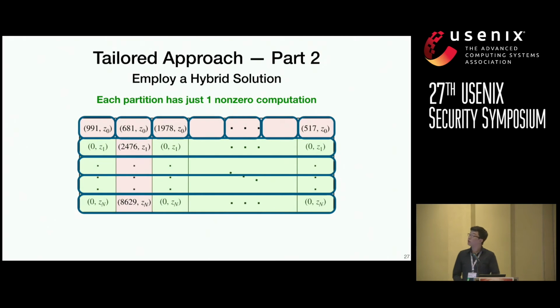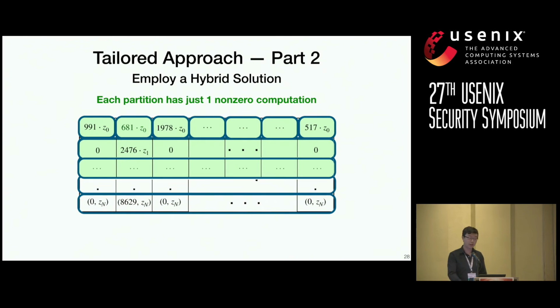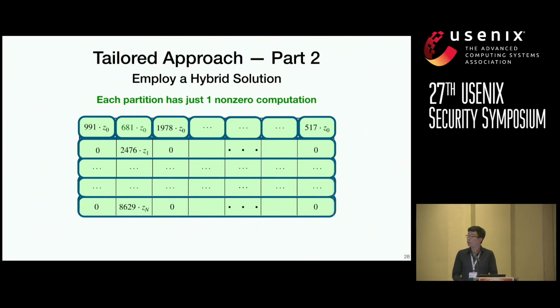Notice that each partition has just one non-zero computation. In this case, that means that we just have one dense computation to perform in each of these partitions. And as our replication factor was minimal, because our approach itself was able to preserve the almost sparse structural representation of matrix A, we find that this enables us to join our data to compute the summations from before without stragglers.